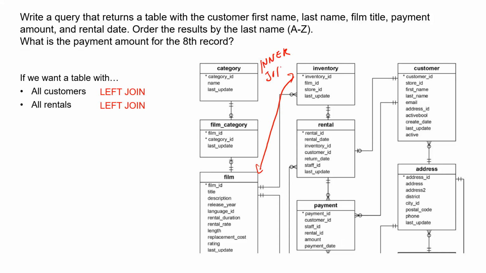Okay? And let's say that's going to create table A. And then the relationship between these two is going to be a left join, right? Because we want to retain even those rentals that didn't have any payments associated with it. And that'll result in table B. And then here, it'll be